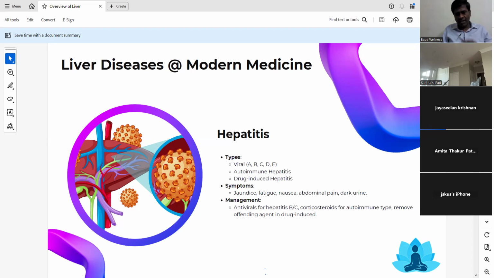Jaundice, fatigue will be there, nausea. In all the liver conditions, when it is in an advanced stage, normally there will not be any appetite, and the nausea will be there. Because of this, fatigue will be there, and the urine will be dark. The feces will be light, pale, and there will be abdominal pain, and they will have emotional disturbances.